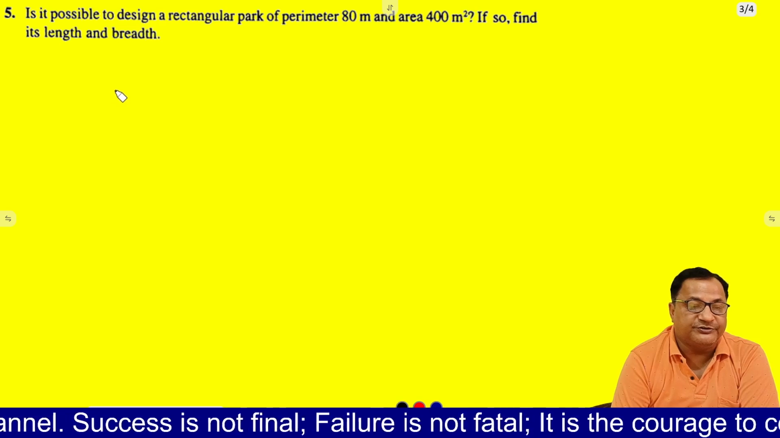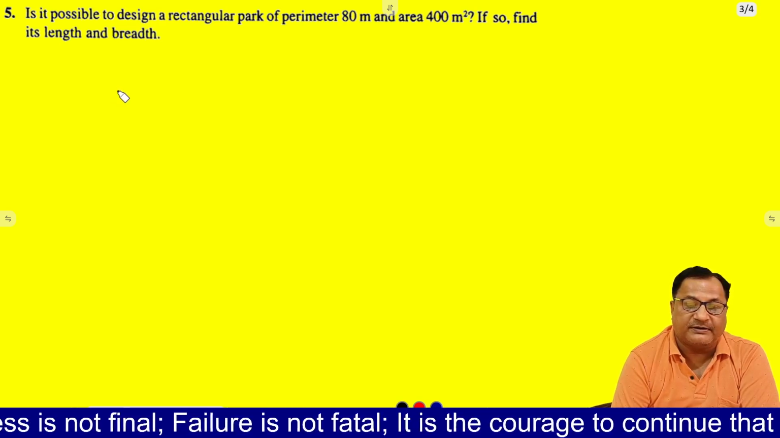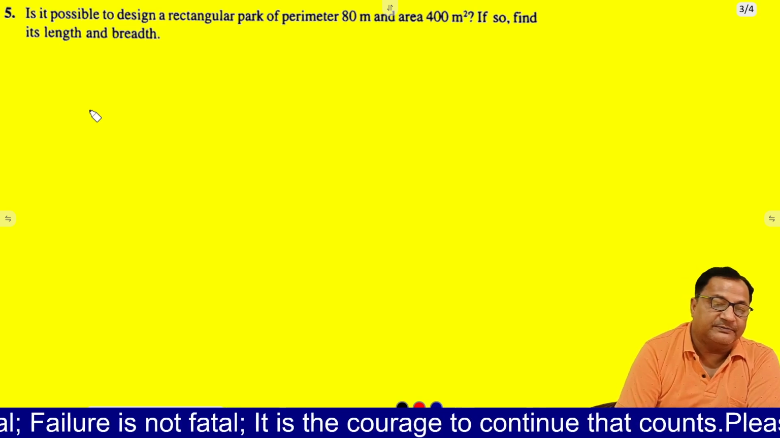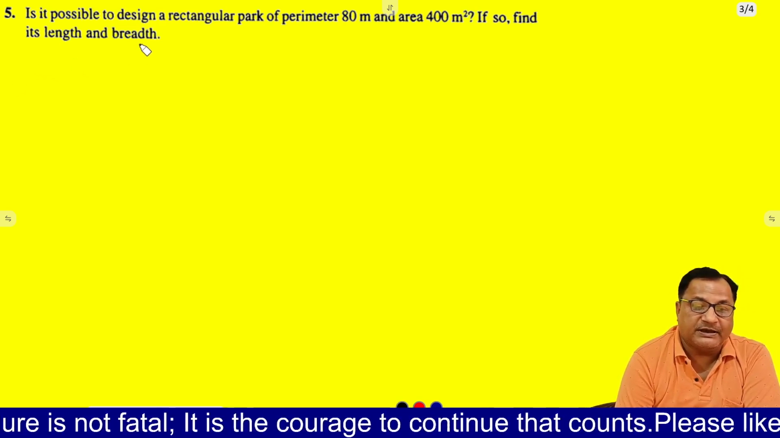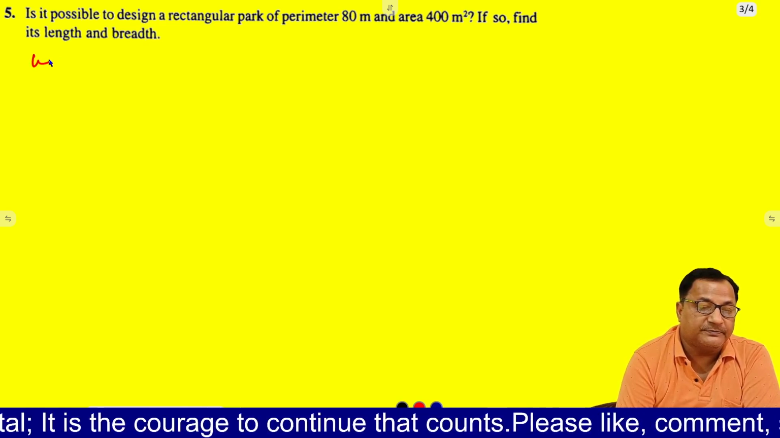The question is: is it possible to design a rectangular park of perimeter 80 meters and area 400 square meters? If so, find its length and breadth. Area is given as 400. So first we'll let